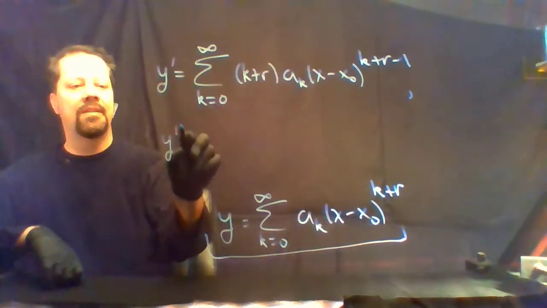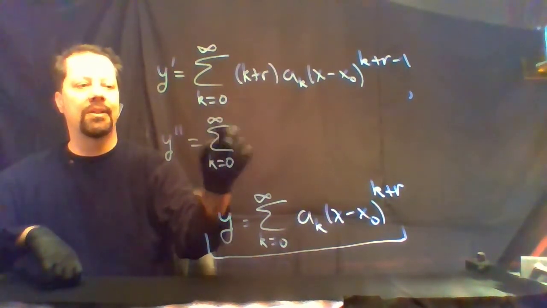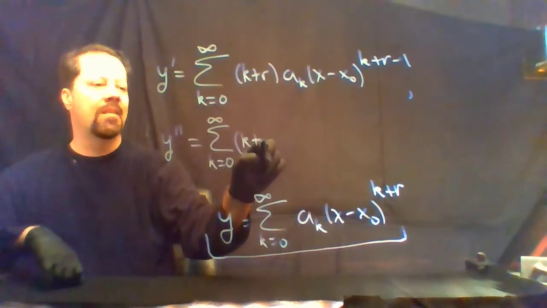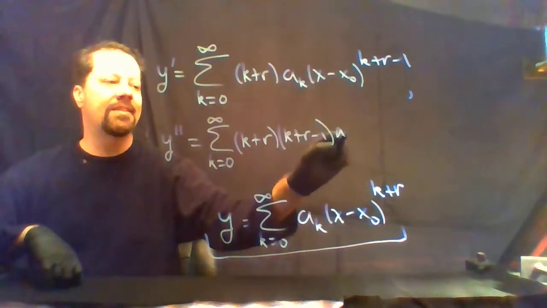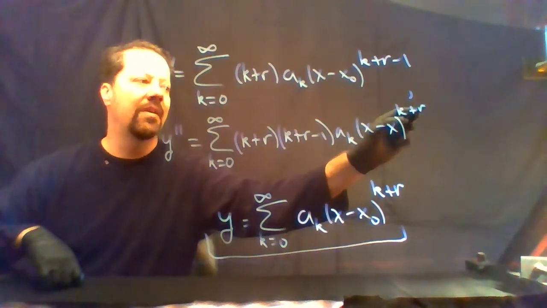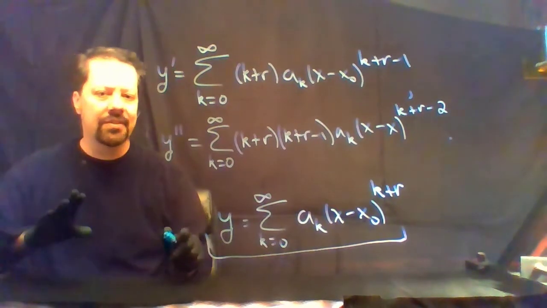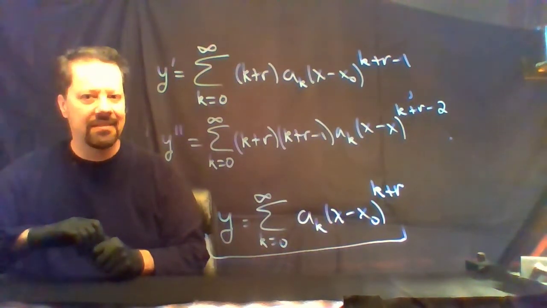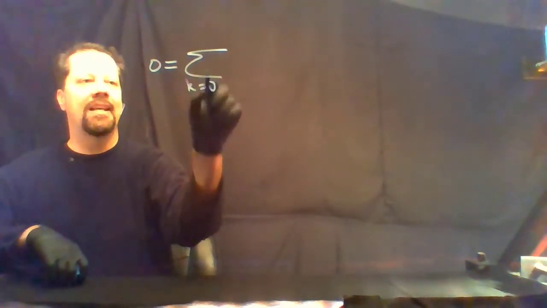Also, we can't assume the second derivative loses any terms either, so it's going to start at 0 and go to infinity. K plus r, k plus r minus 1, a sub k, x minus x naught to the k plus r minus 2. We're going to plug all of this into the differential equation and see what happens. Plugging all of these into the differential equation, we get 0 equals the sum as k goes from 0 to infinity, k plus r